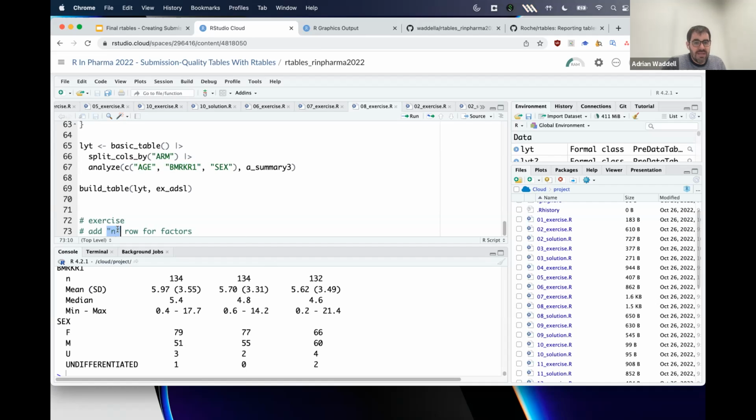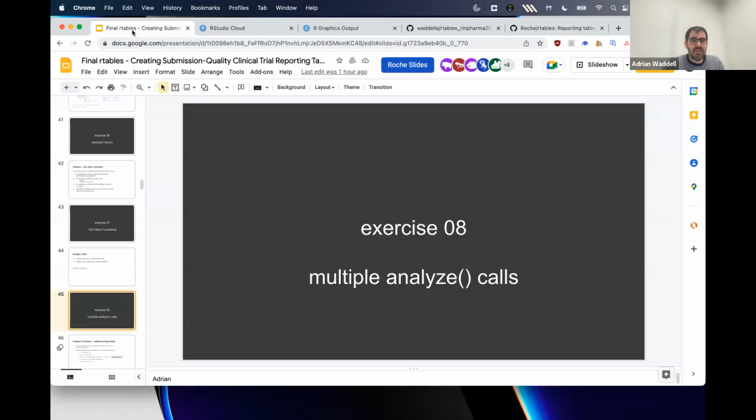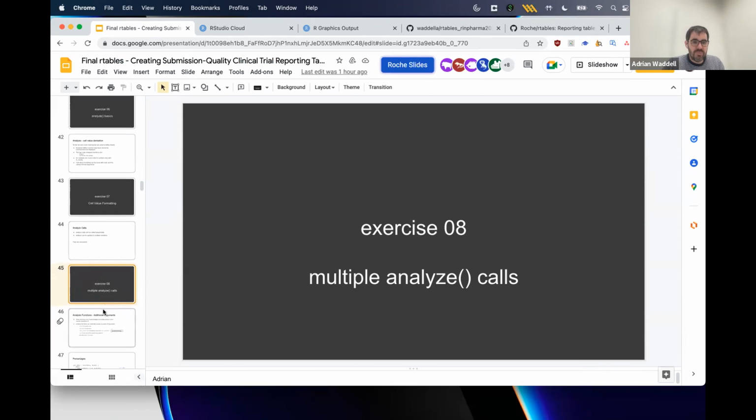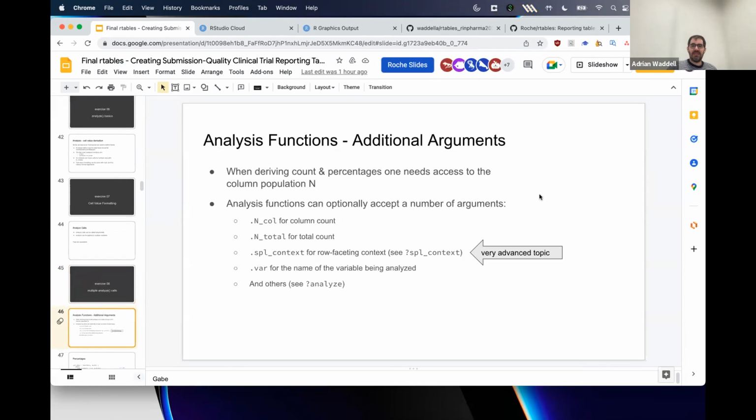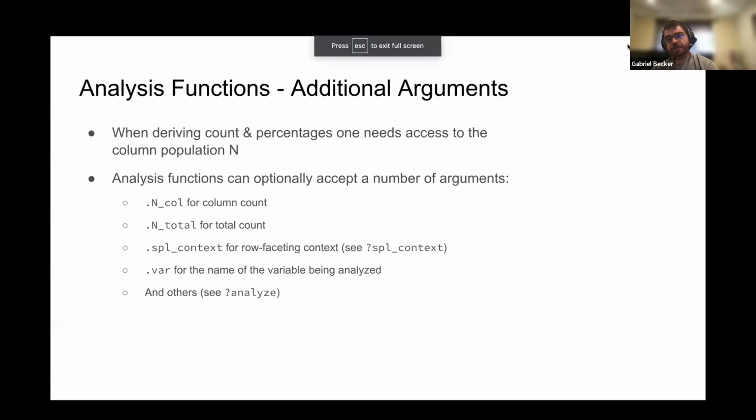There's an exercise to add the n for the frequency table. We have the solution. I think we'll move on. Yes. So Gabe, go ahead. Right. So in addition to what we just saw,